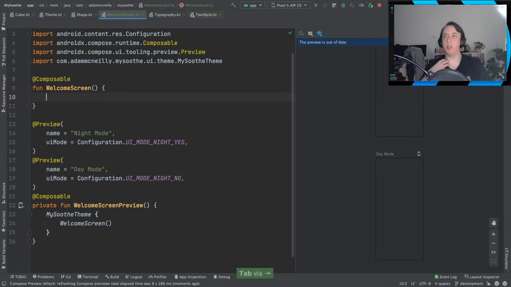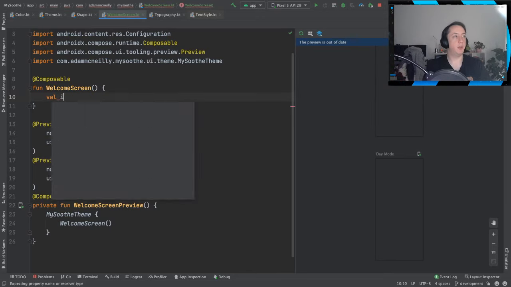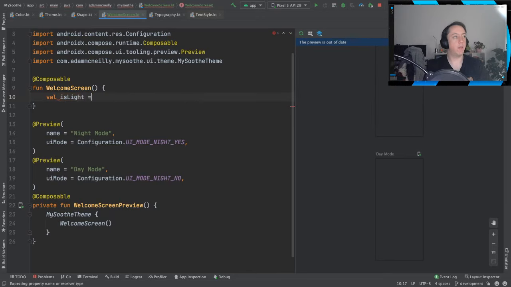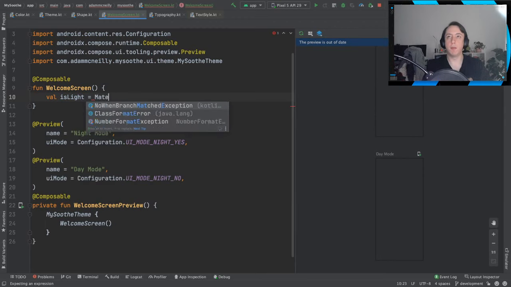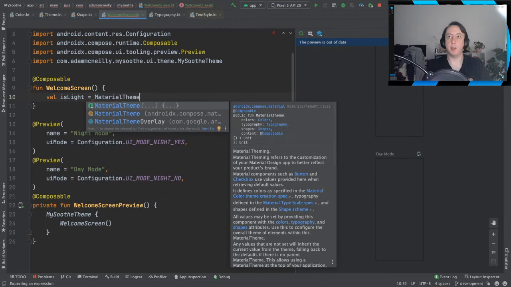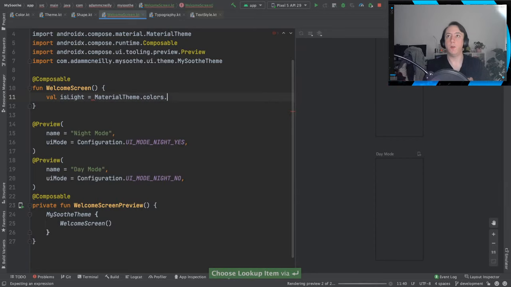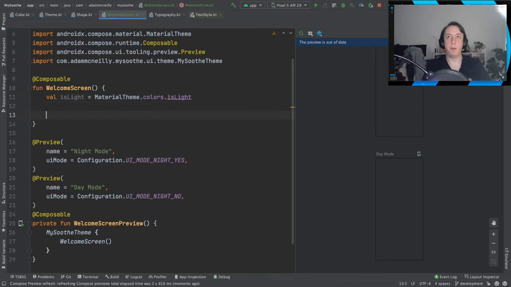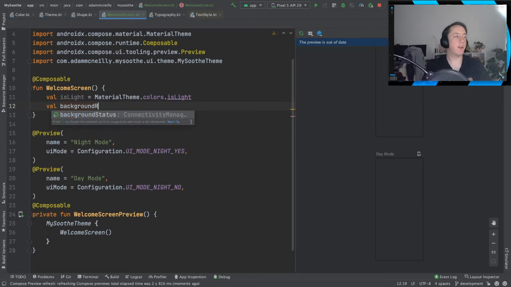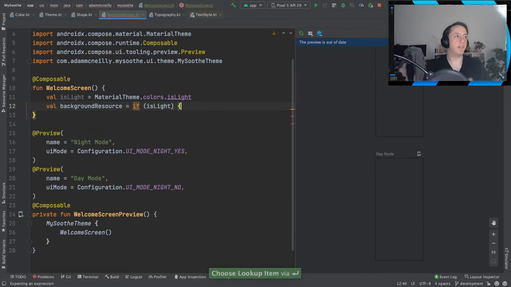The first thing I want to do is configure that background for light or dark mode. One way we do that is we can determine if we're in light or dark theme by referencing that material theme that we made earlier. We can reference colors and do is light. This Boolean will tell us whether or not we're in a light or dark theme for our compose app. So we could say the background resource is going to be, if this is light theme,